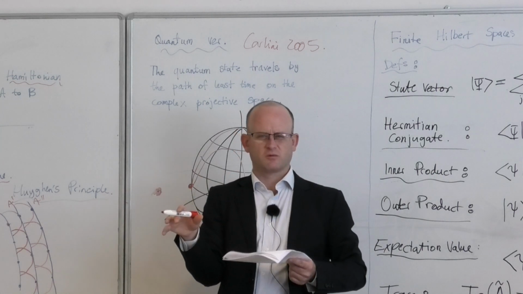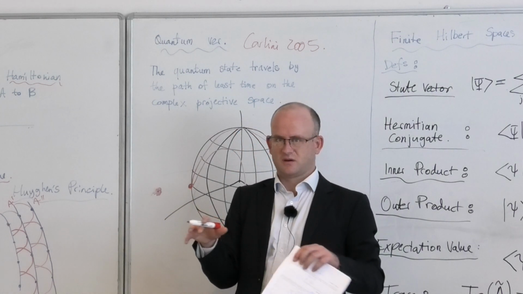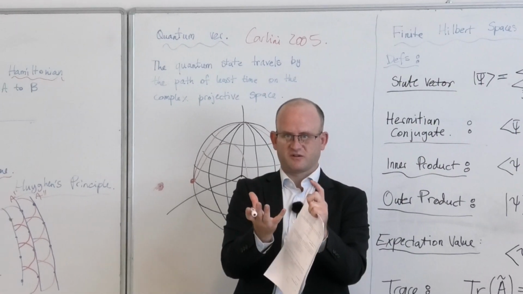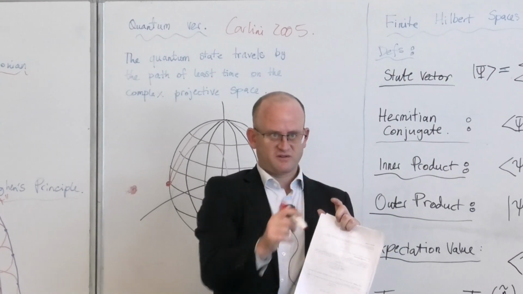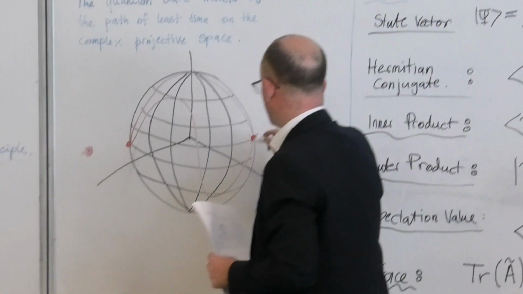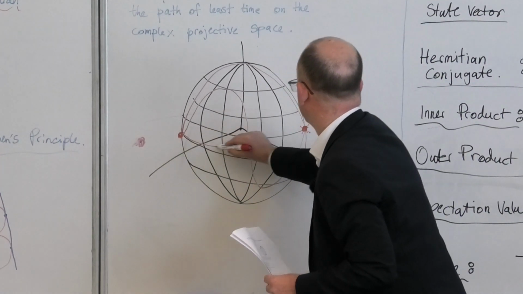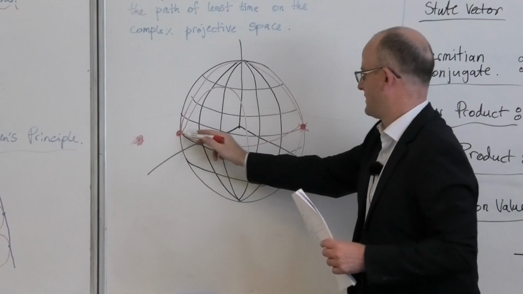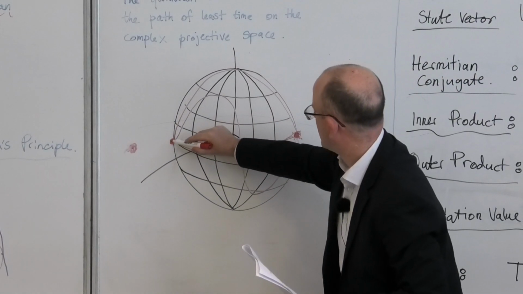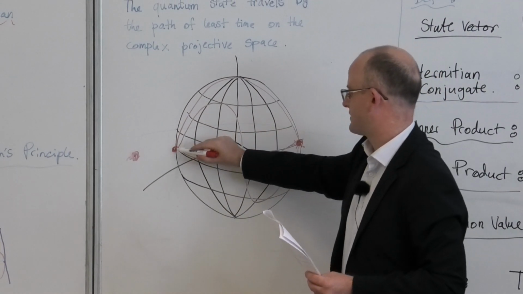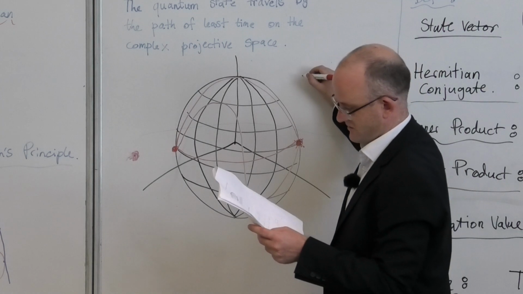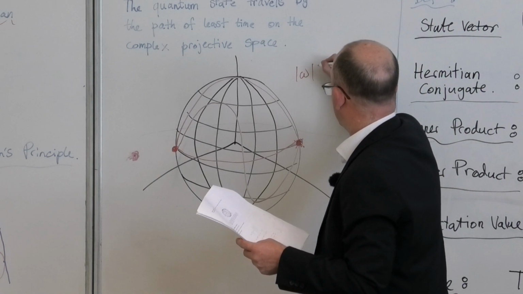Who here is familiar with what the Bloch sphere is? A two-state quantum system can be mapped to the surface of a sphere. You should be familiar with this too, because it relates to your work on SU(2). In this case, we have a geodesic that joins any 2 points on the surface of the sphere. And indeed you can do a calculation which can show that there's a series of curves, which you can show